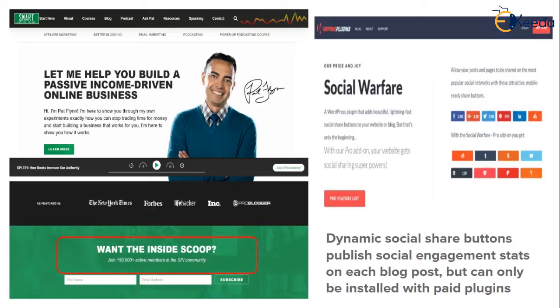For instance, this person has indicated that the blog offers subscription, and has also indicated that there is already an existing base of 150,000 plus active members who have subscribed to this particular blog. So instead of just saying 150,000 plus subscriptions, they have framed it into a very motivating sentence,